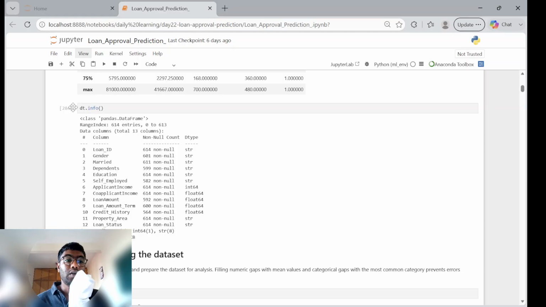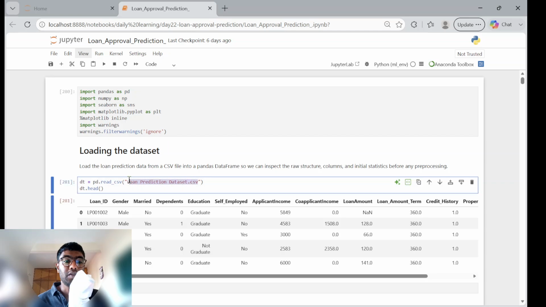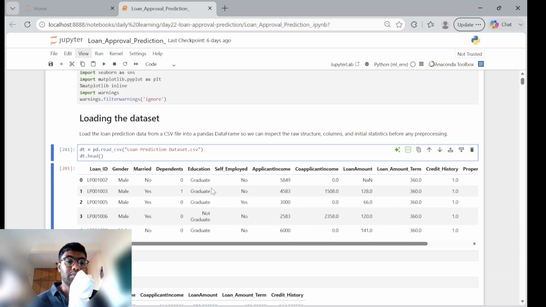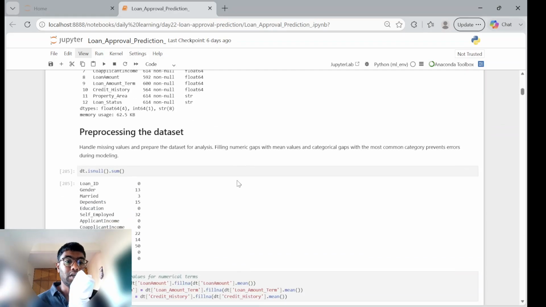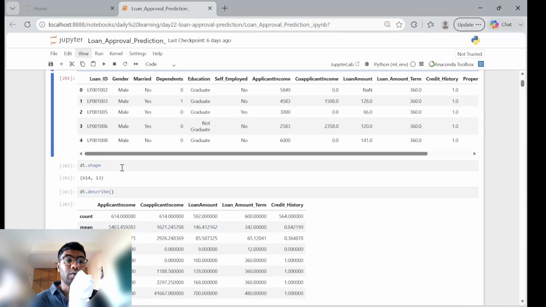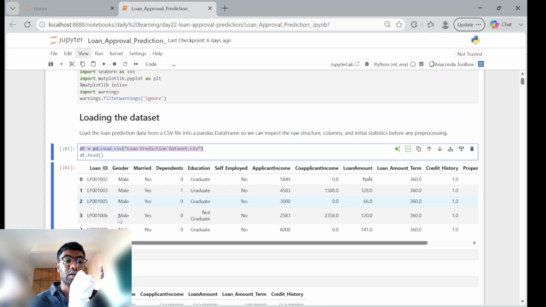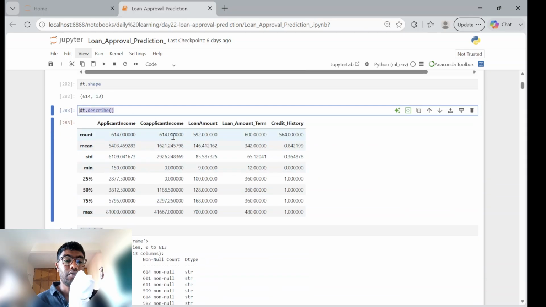So firstly, we are looking at the type of dataset, and the dataset that we are using is the loan prediction CSV. I have attached all of these IPython notebook and also the related CSV file in GitHub. With this video description, you can find that link. Next is we load this data. We have already loaded this data here, and we are understanding what are the different kind of values that are